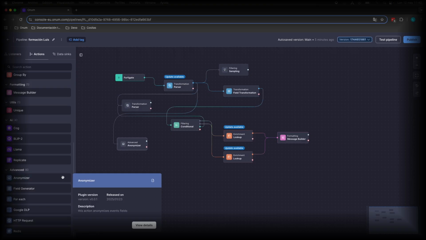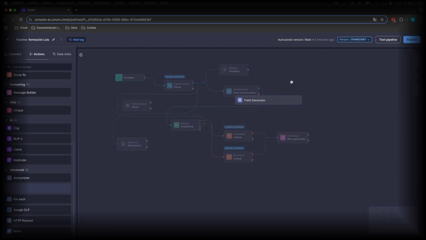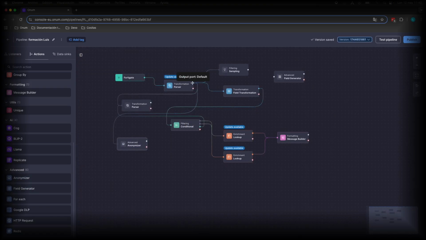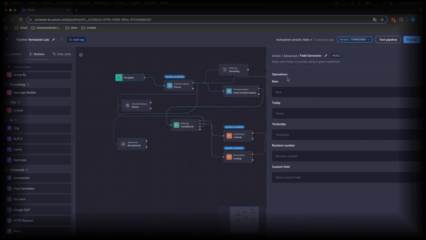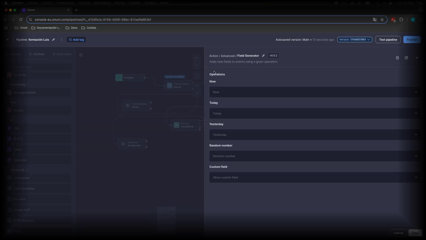Another interesting one is the field generator. The field generator allows us to add fields that don't originally exist or aren't present in the data flow but are needed for some reason. If we go into it, we'll see it mainly includes operations related to dates, random number generation, and a custom field. The date-related options can be used to create time references, like calculating how much time has passed from one